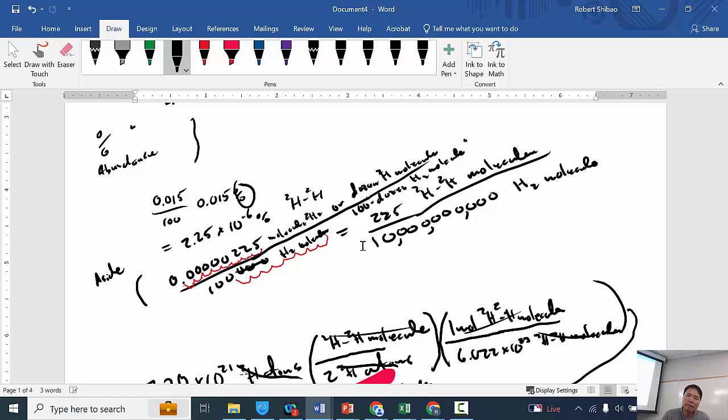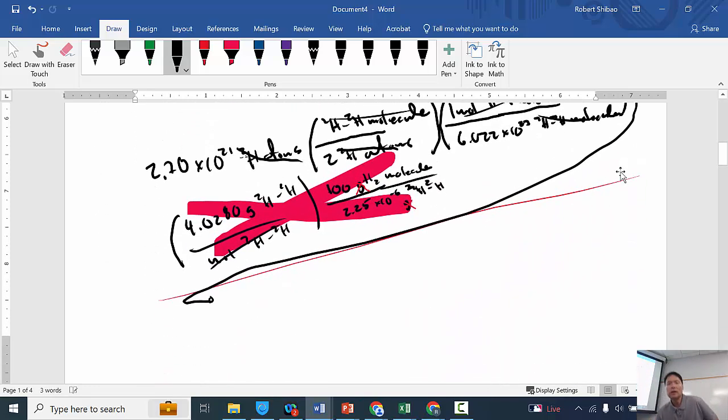Or I could have moles of deuterated hydrogen molecules over moles of hydrogen molecules. And so when I see this percentage, I already have figured these out. I already know these, so when I do my dimensional analysis, I know these 3 options are available for me to take. And so when I get to this fork,